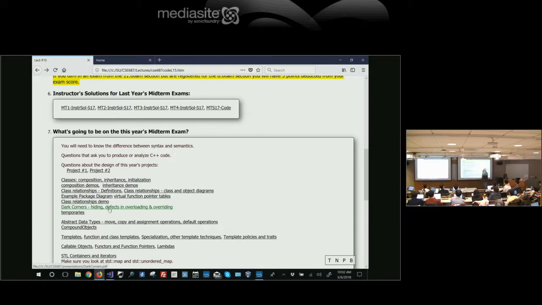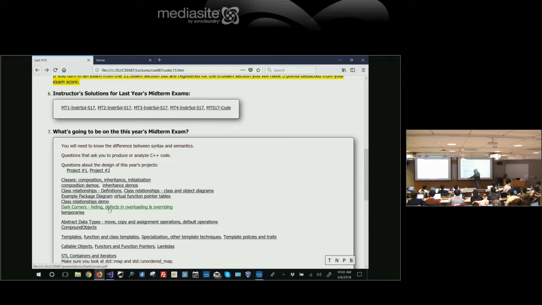You need to be comfortable with what the string class operations were doing, and why they were written that way. Simply not because I'm going to ask you questions about the string class. I will not do that. But I will ask you to write code, and you need to know how to do those kinds of things. So you need to know what a move constructor is, what a copy constructor is, what move assignment is, what copy assignment is.